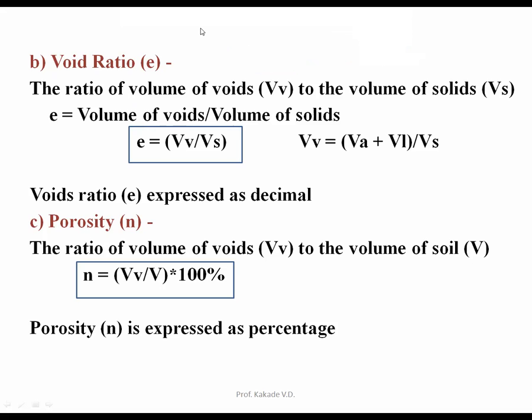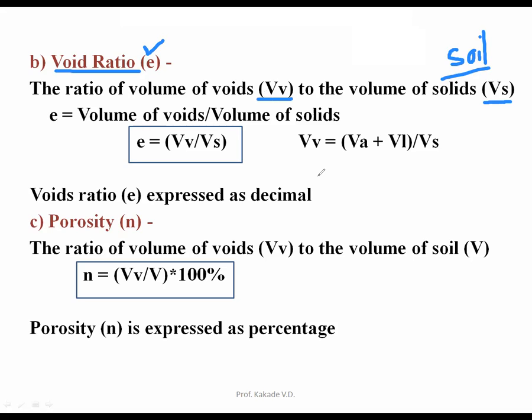Here it must be understood that when we are considering void ratio, represented by small e, the ratio is the volume of void to the volume of solid, not the volume of soil. So the volume of void can be greater than the volume of solids when there is a totally dry soil, or a soil which is not compacted, or loose soil. If one trench is excavated,